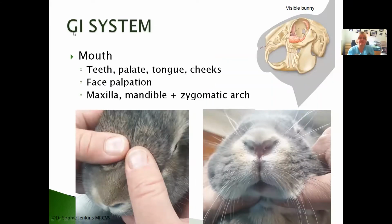So the gastrointestinal system starts at the mouth and ends with the anus. With the mouth, we want to be checking the teeth. Now, in practice, as your vet sees your rabbit, they'll be checking inside, checking the palate and the tongue and the cheeks inside as well. You won't be able to do this, but you will be able to check the incisors and feel along